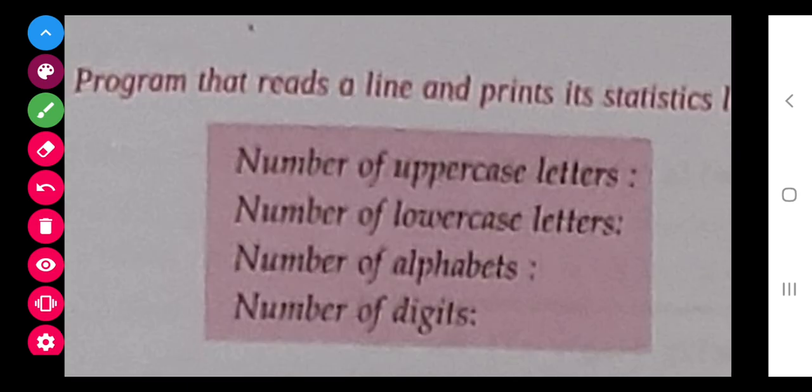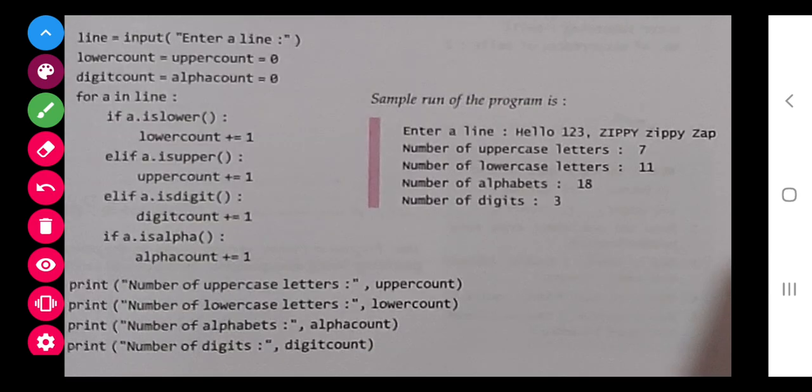Now class, we have a program that reads a line and prints the statistics. In these statistics we have to print how many uppercase letters are there, how many lowercase letters are there, how many alphabets are there, and the number of digits. For that this program is made. You will enter a line, then you will initialize the counts, such as lower count, upper count. These are variables, you can take x, y, z, that's not a problem.